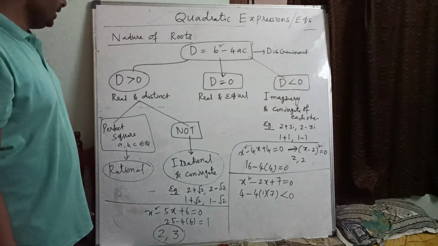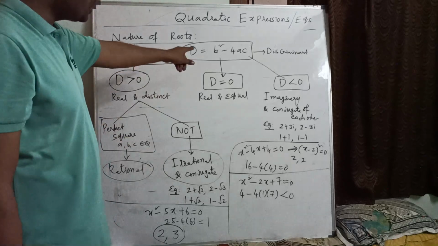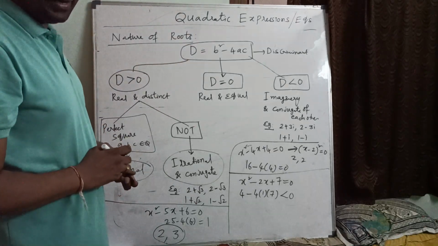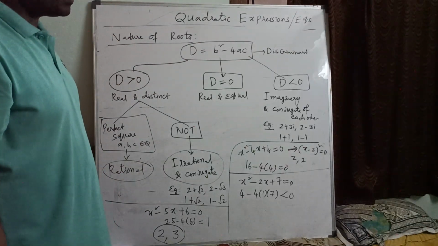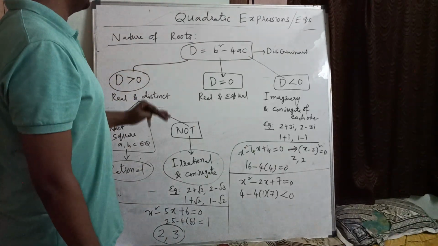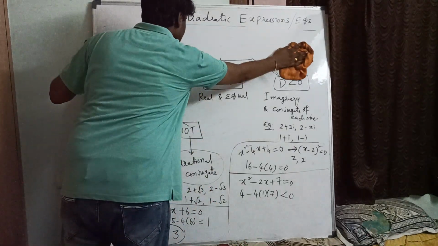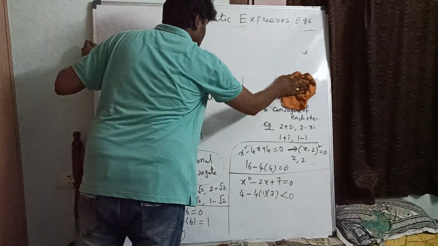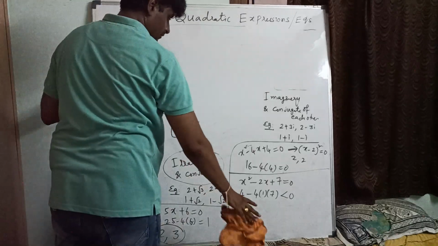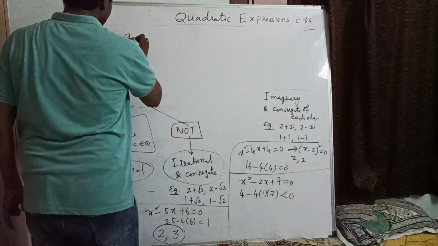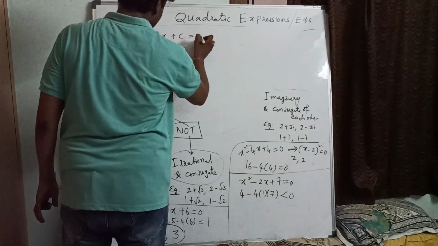So like that we can state the nature of the roots by making use of the value of the discriminant. What is the value of the discriminant? b square minus 4ac. Okay, so clear? Now here one more thing, where a quadratic equation has a minimum value or maximum value, we'll see. Here ax square plus bx plus c equal to 0.